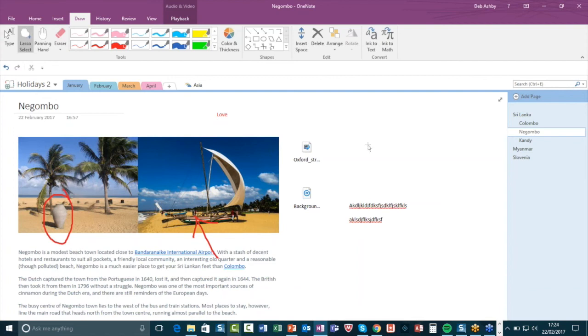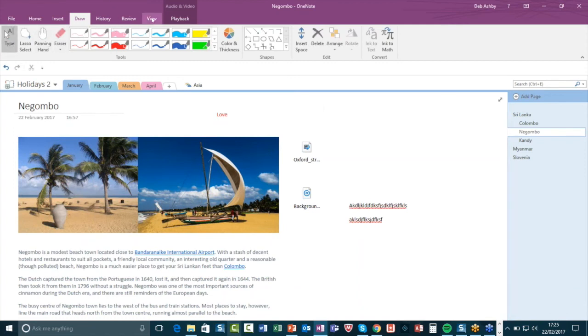So a really nice little utility. Of course, you have other things on here, the eraser, so if you've done some marking up and then you want to erase things, you have various different sizes, so I could select large eraser and just remove all of my scribblings if I wanted to, just by rubbing over. We can draw shapes, we can do all different kinds of things in here,